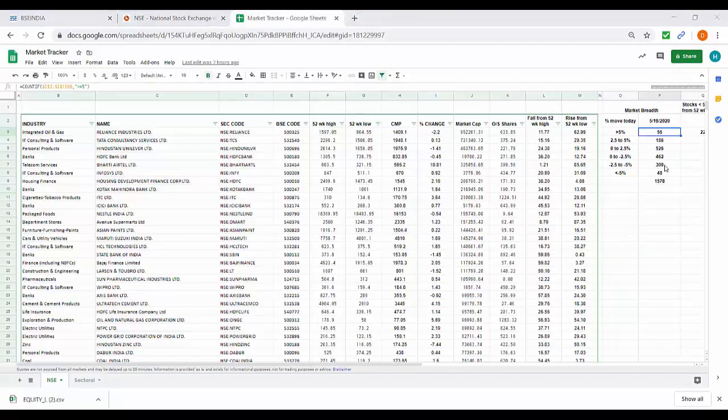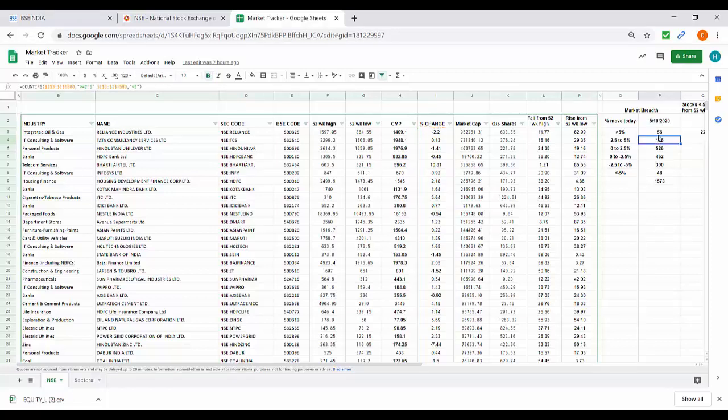The formula here is COUNTIF, which gives you the exact number corresponding to the query that you put. That is, you put equals COUNTIF, select the range of cells I3 to I1580, then put a comma and, in inverted commas, greater than or equal to 5.